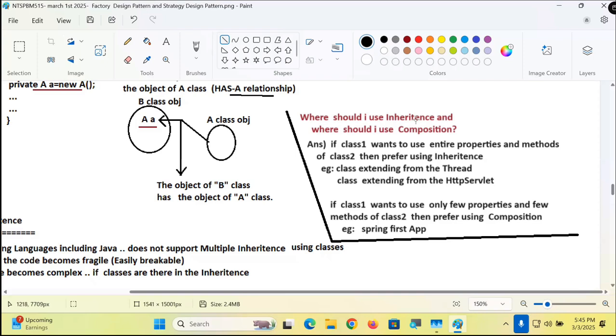Where should I use inheritance? Where should I use composition? In which situation is inheritance bad in the strategy design pattern in Spring programming? Overall inheritance is good. In Spring programming, while designing target and dependent classes,